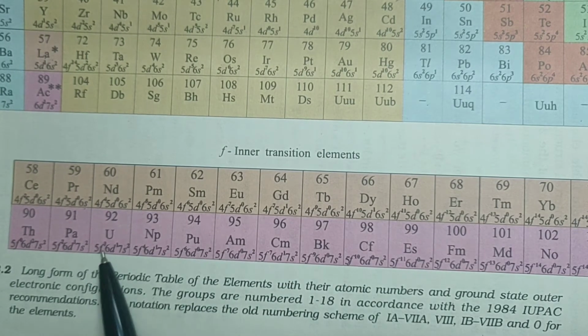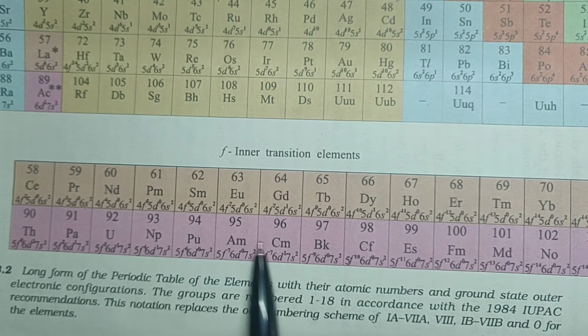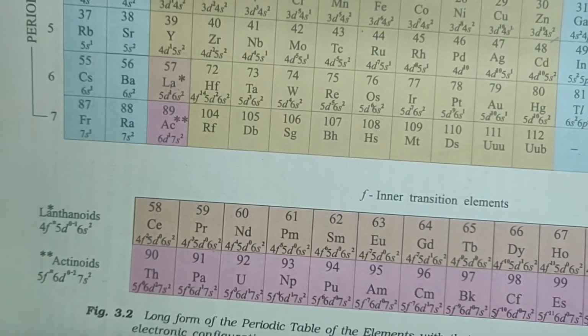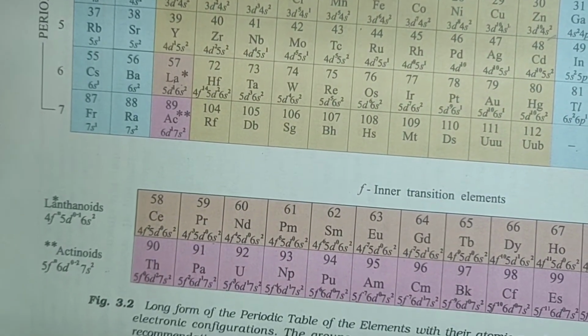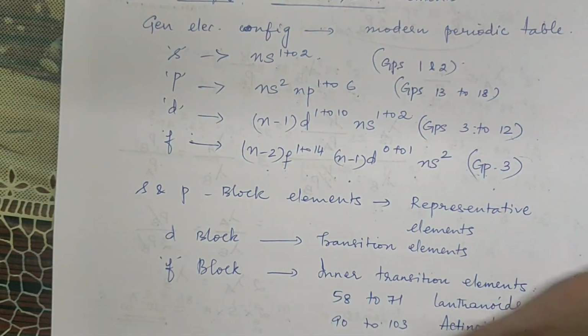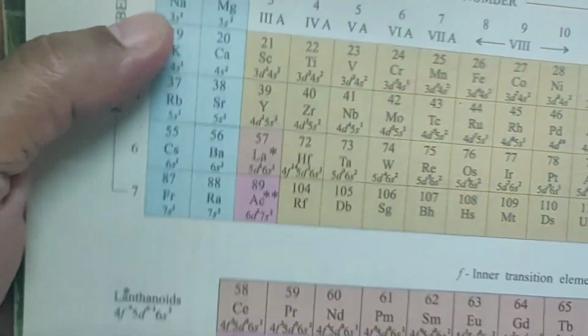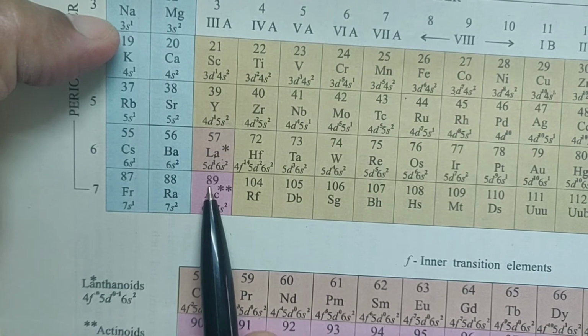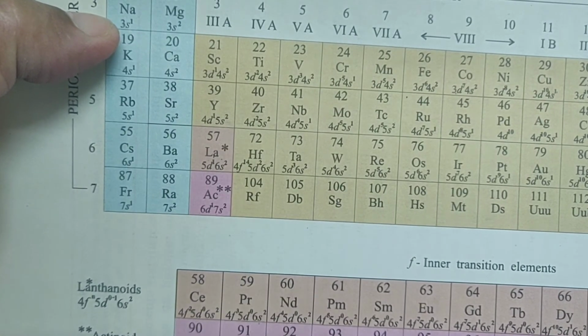So that is why till 92 it's okay. After that it is all synthetic. It's all man-made elements. Okay. So that is actinoids. So they all belong to group 3. Okay. Group 3 में 57 के बाद भी 89 के बाद भी, all of them they will come under group 3 only.